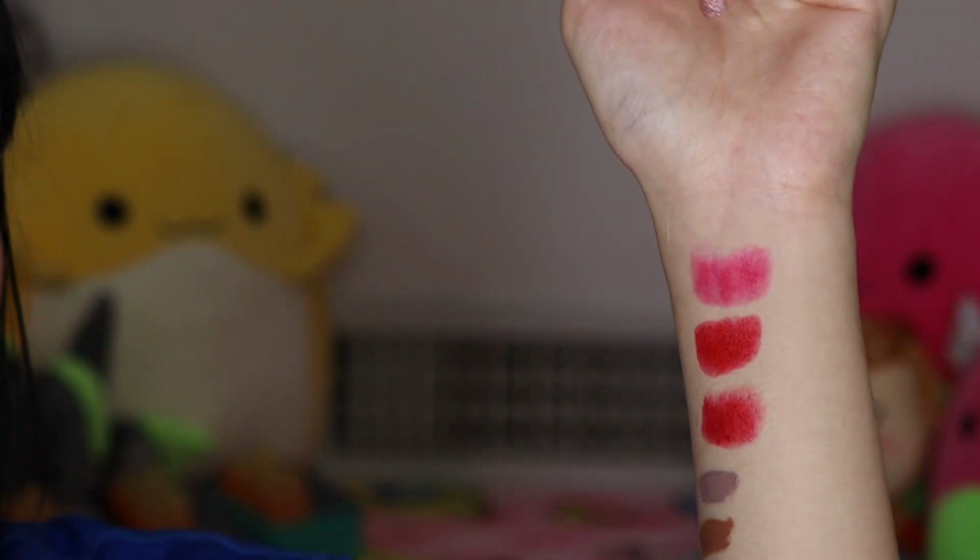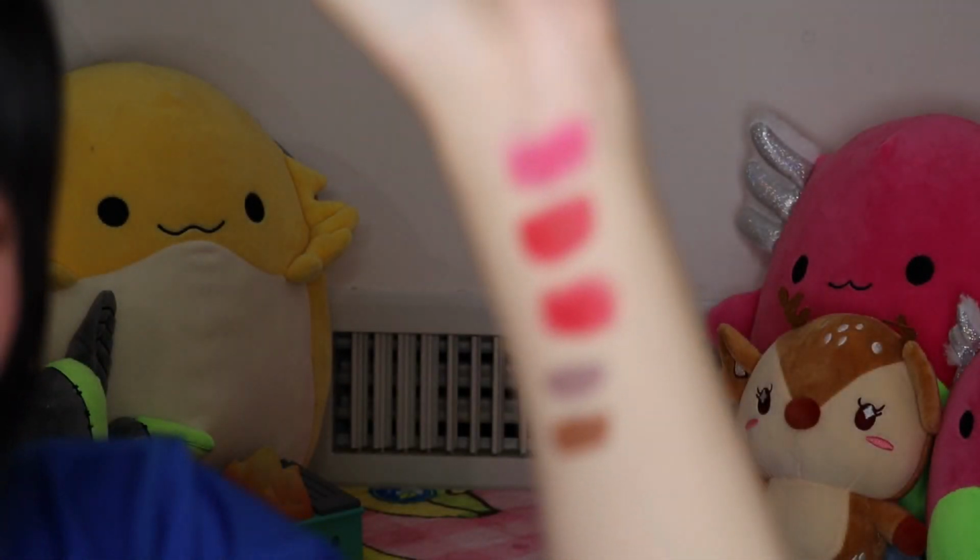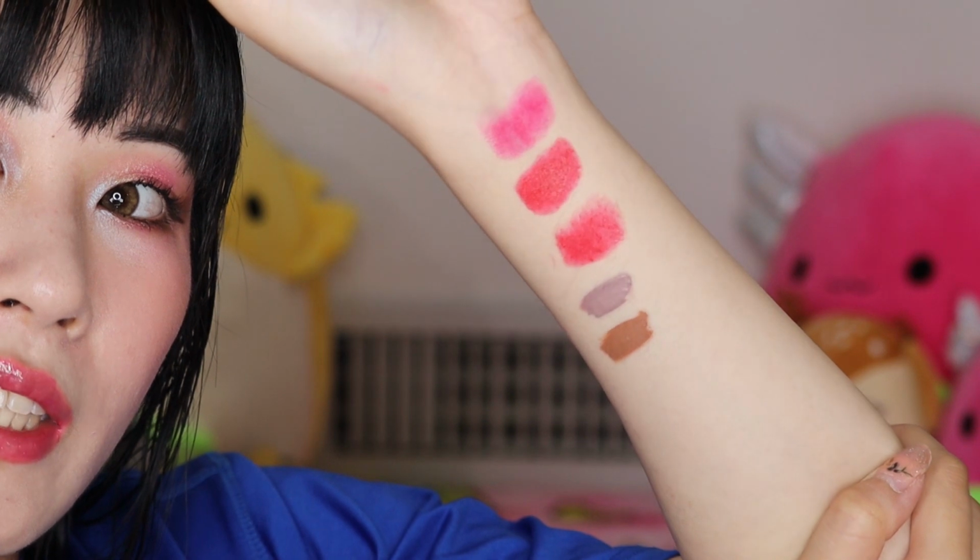So anyways, that's it. Here is my arm pushing my skin. So here's my arm, so you can see, yeah, there you go. You can see all the swatches here. Really pretty,